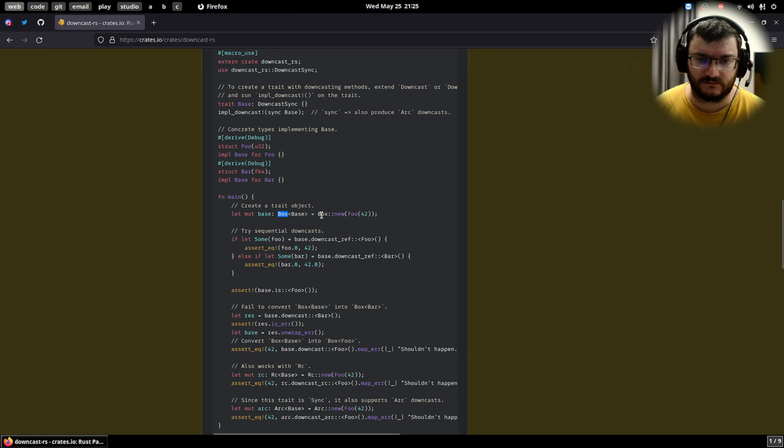Then we have a boxed concrete implementation of something that's base. In our case, for this one, and they are doing base.downcast_ref. So that's exactly what we have here. Our base is a boxed something, and we want to